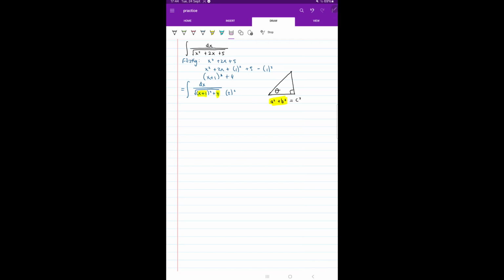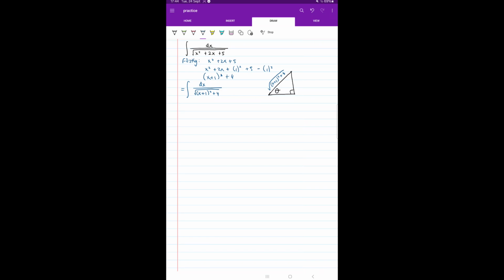Okay, so now because that's in the same form and that's equal to c squared, we can call this whole thing the hypotenuse. Okay,